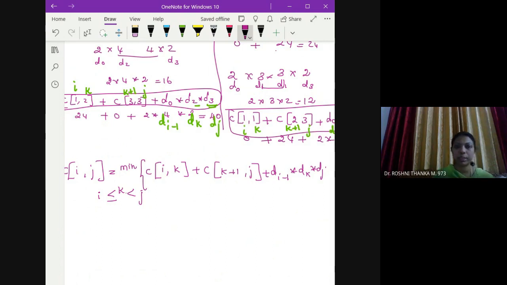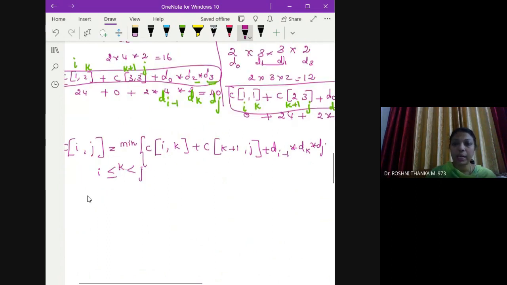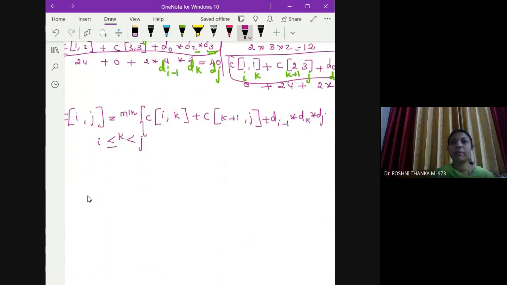Okay, let's take an example. And we'll be saying, so what is dynamic programming? I told you, dynamic programming means we will be finding all possible ways of parenthesization, then calculating the cost and choosing the best among them. That is dynamic programming. So here also we are going to find the cost for all possible calculations, and then from that we will be